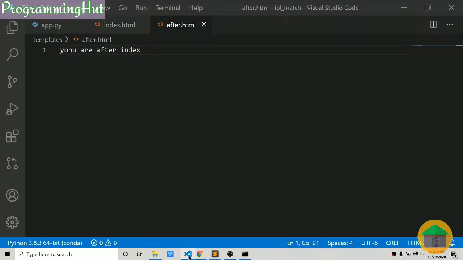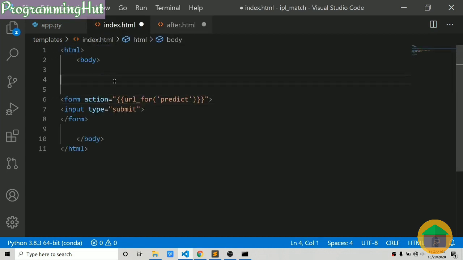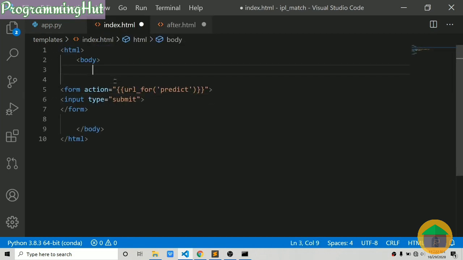And now let's create our main web page with which we are going to work. If you remember, in our previous part, we have 4 inputs for our random forest model. If you don't know, go ahead and watch part 1. The 4 inputs are: first input is team 1, second input is team 2, third input is toss winner, and the fourth input is the toss decision, either bat or bowling. So we will have 3 drop down menus and 1 radio button for batting and fielding.